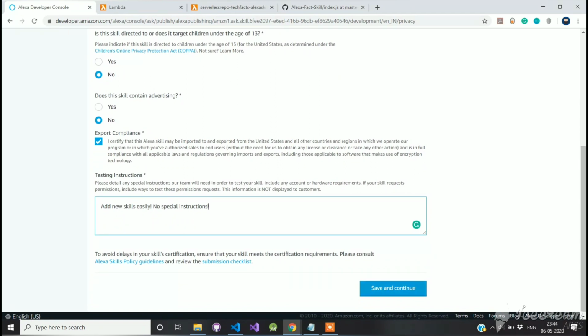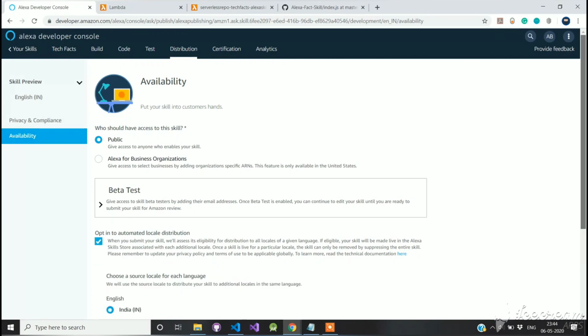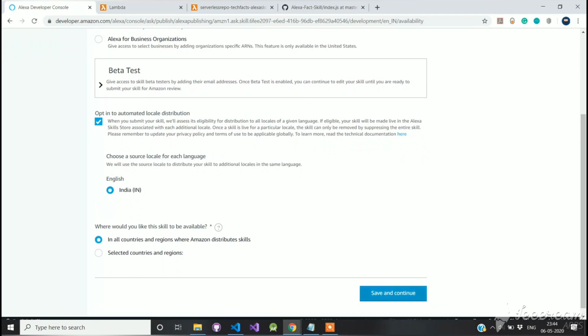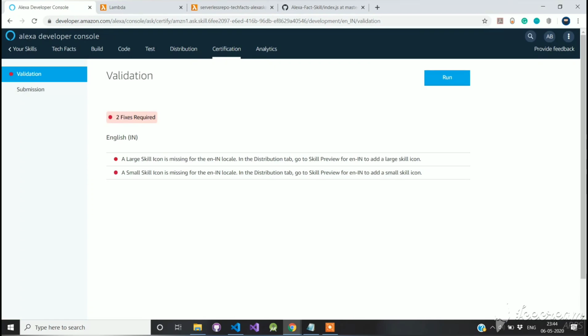After you're done with this, click on Save and Continue. Now under the Availability section, select the first option as Public. After you click on Save and Continue, Alexa Developer Console will run validation. Since we did not upload any icons, validation failed for us and we need to update those files.